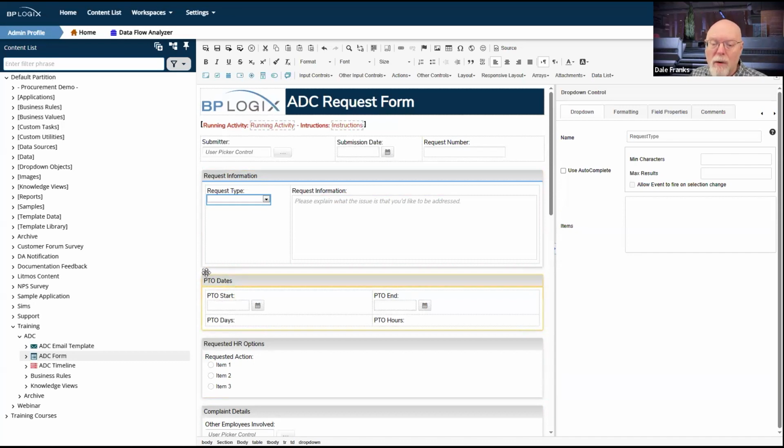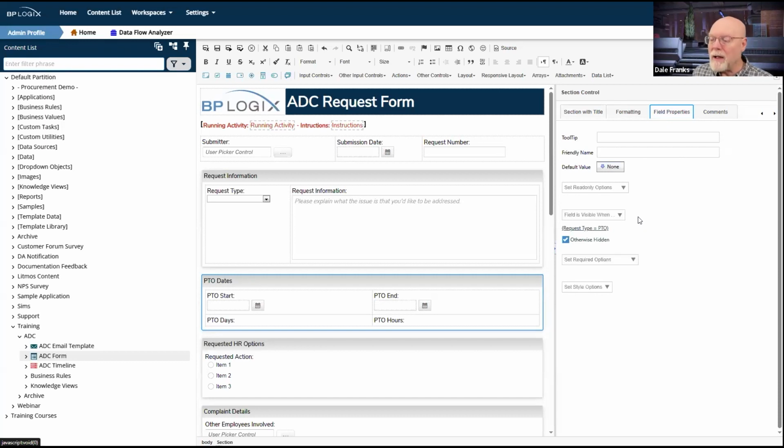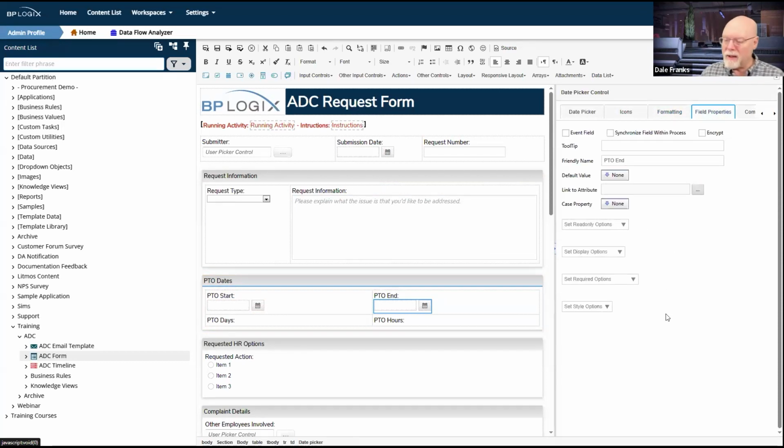So last week, when we did all of these sections before I added the fields, we did go in and determine when these fields were going to be visible based on the request type. So that's great. But even here, we want to ensure that they don't put in an end date before they put in a start date. So we want to ensure that they fill things out in order. Now, this isn't strictly speaking necessary. I don't think I would do it, and I certainly did it in the sample application for this form, the completed one. And so I am going to go ahead and do it here.